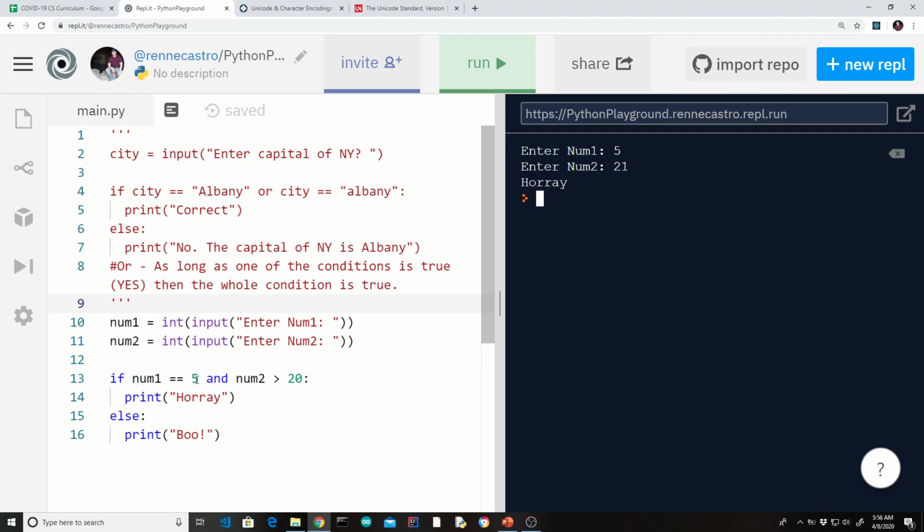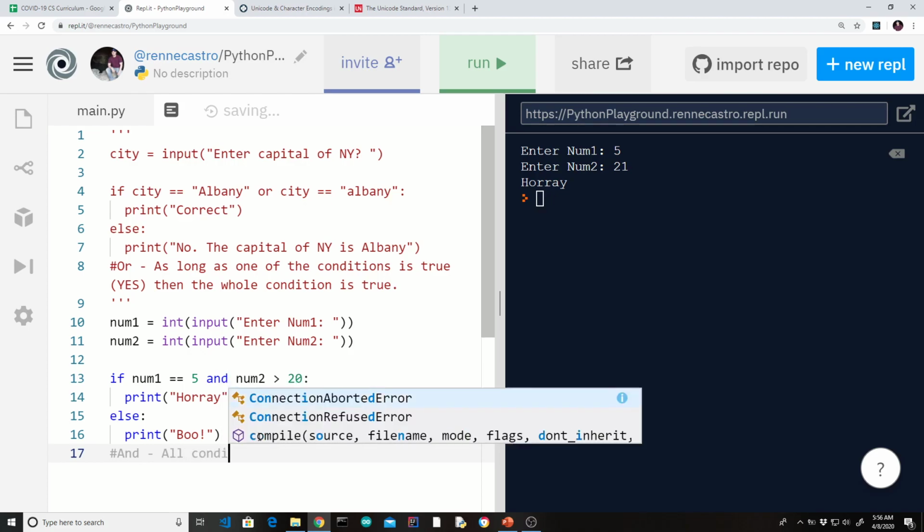Is number 1 equal to 5? Well, it was. The person entered 5. And is number 2 greater than 20? Well, yeah, it is. It's 21. So, you know what? Let's write the description of this. So, and